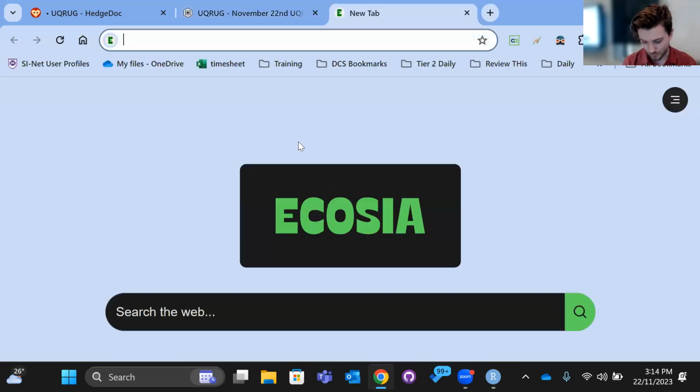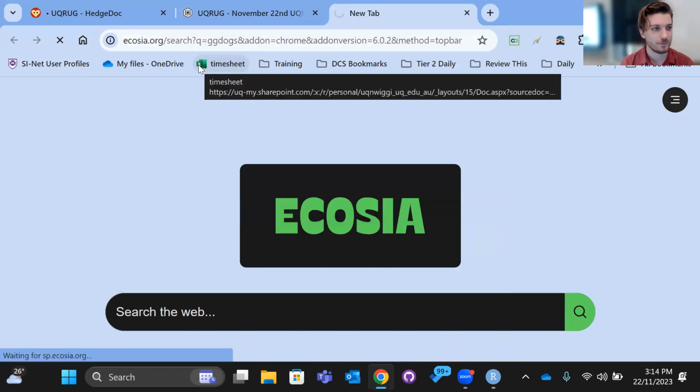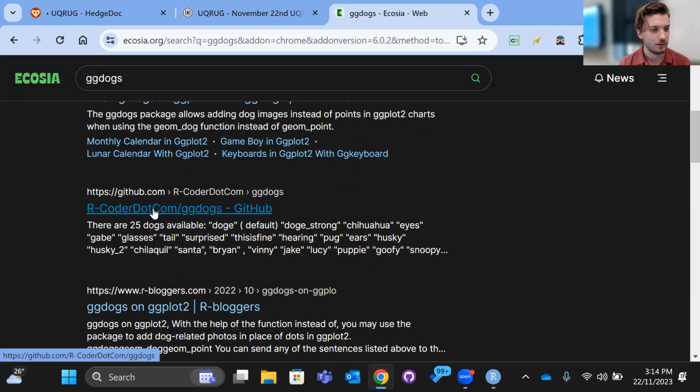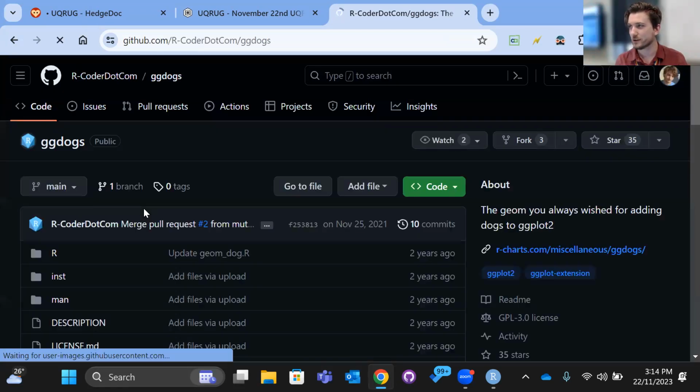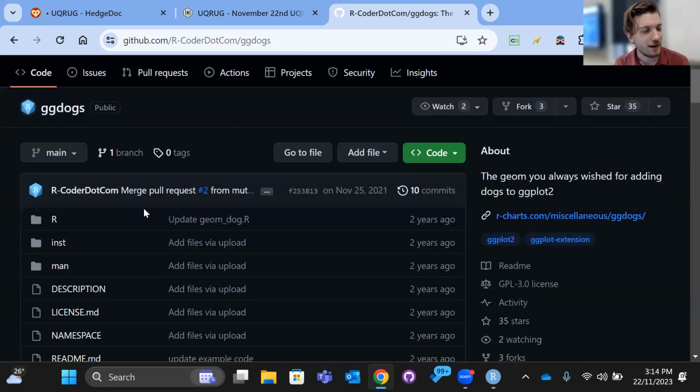If you just do a Google search for ggdogs, there we go. You can see this top one is ggdogs. You can't install this through the normal way of installing R packages because it's not on the Comprehensive R Archive Network. For some reason, this isn't an official R package.